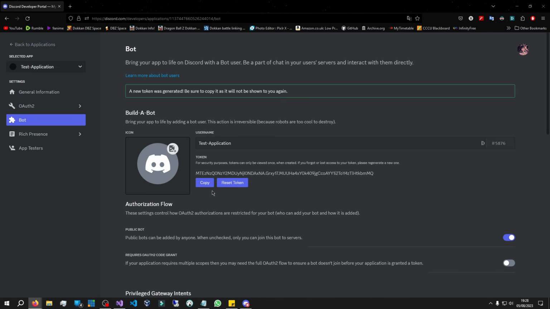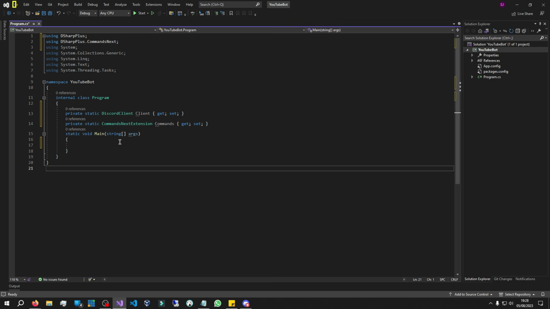So that's what it is. It's pretty much like a gateway key. So let's go back to our code